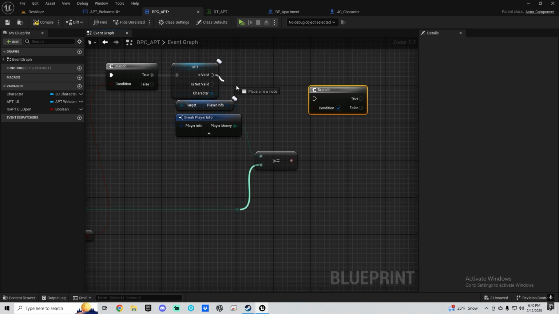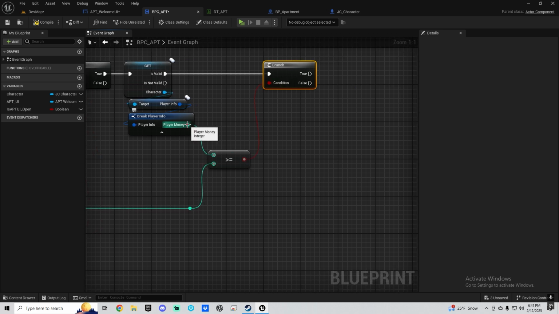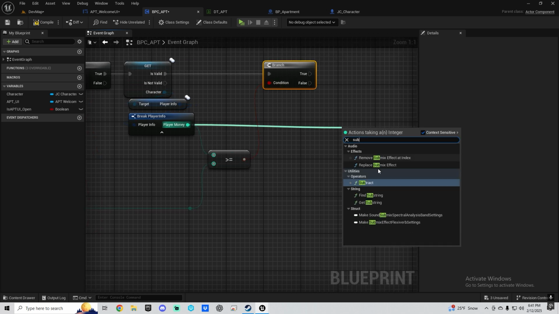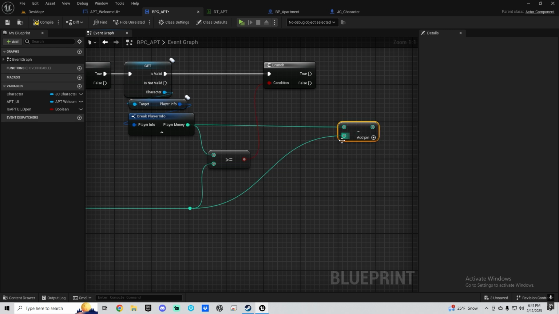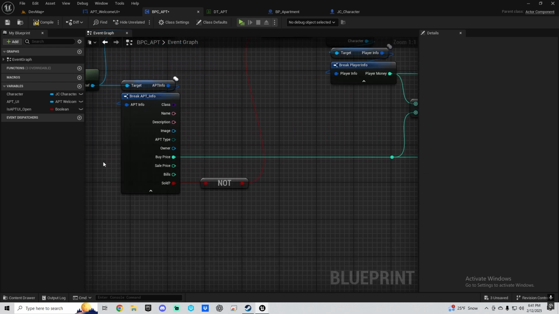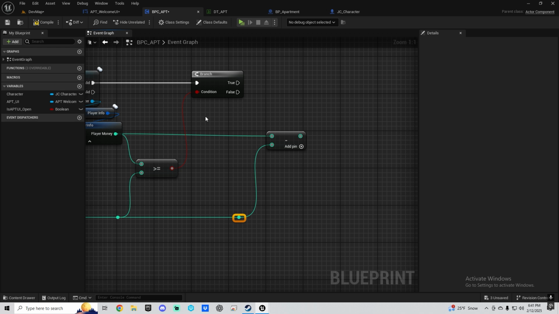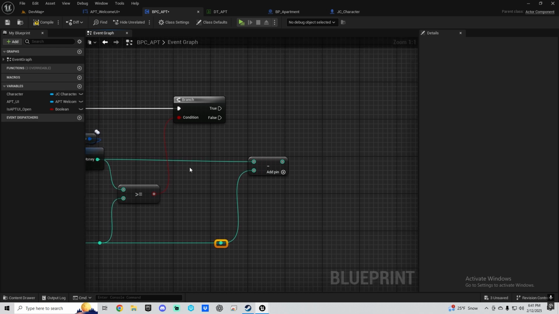If that is true, we get player money, we subtract player money by the buy price. So now we're removing the amount for the apartment from the character money, and then we're